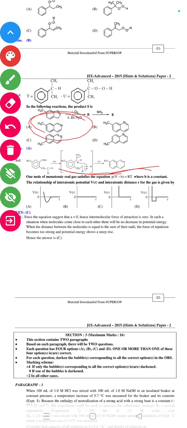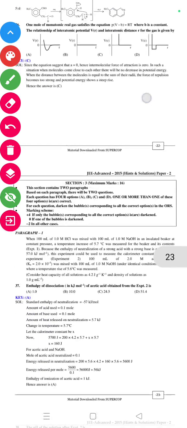where b is a constant. The relationship of the interatomic potential V(r) and the interatomic distance r for the gas is given by, तो इसका आंसर होगा अपन C, ये वाला आंसर होगा। Since the equation suggests that a is equal to 0, hence the intermolecular force of attraction is 0. In such a situation, when the molecules come closer to each other, there will be no decrease in the potential energy. When the distance between the molecules is equal to the sum of the radii, the force of repulsion becomes too strong and the potential energy has a steep rise। तो आंसर क्या आ जाएगा, C चला जाएगा।